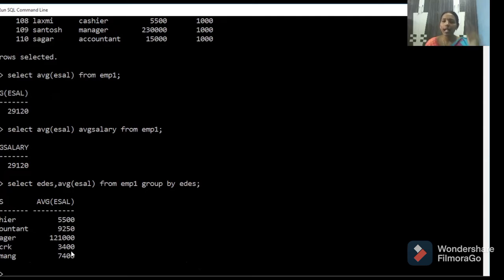That means add, divided by the number of clerks. Overall is 6,800 by 2, again 3,400. That means this group by clause is used to divide the groups, and these aggregate functions will perform on these groups. You should remember that whatever column name you write after group by must be here.